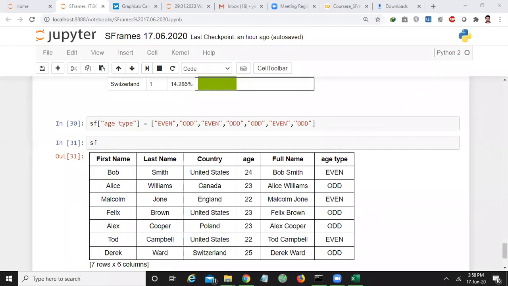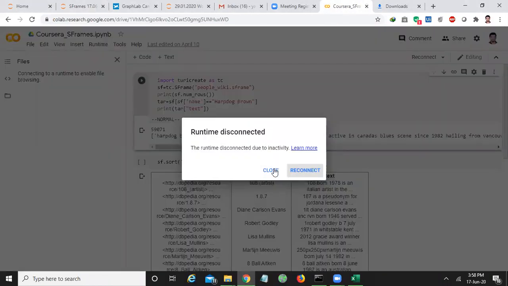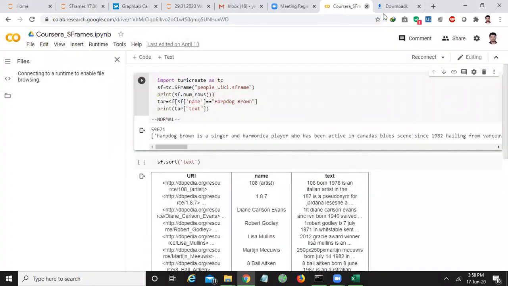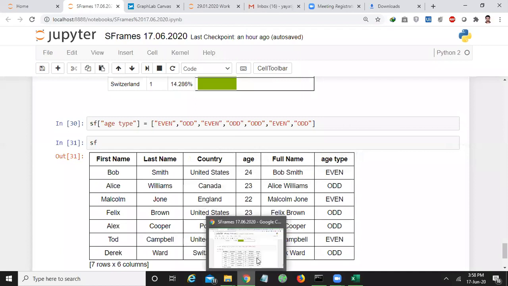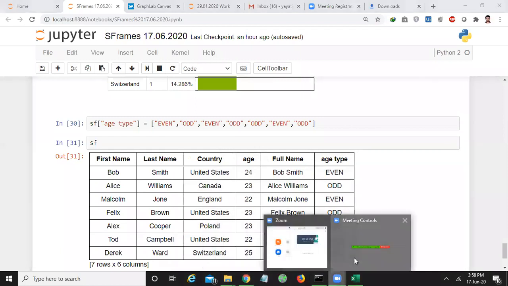Okay. Some people asked me how to work with Google Colab. I'll show you. I think all of you have logged in to your respective email accounts.